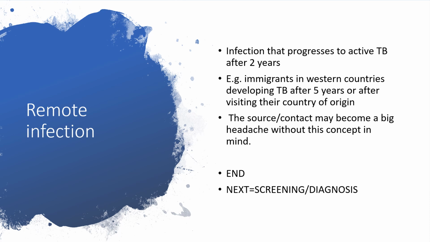Remote infection is infection that progresses to active TB after 2 years. And this is very common in immigrants that have emigrated from their country of origin, and they have probably had active TB in the past, treated, and the bacilli not completely wiped off and became latent, or they acquired it, they didn't even know, but because they have strong immunity, it became latent and they couldn't clear it off completely or whatever. Now living in a Western country for 5 years or above, they've traveled back home, and now they're back, and they have fever, cough, hemoptysis, weight loss, and everything like that, chest X-ray done,